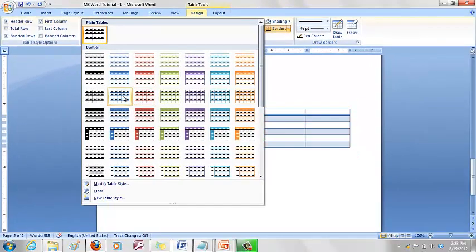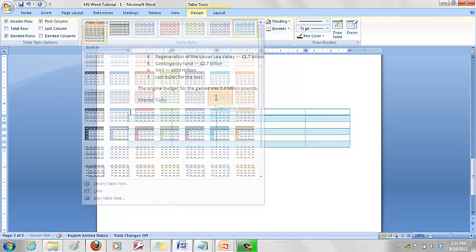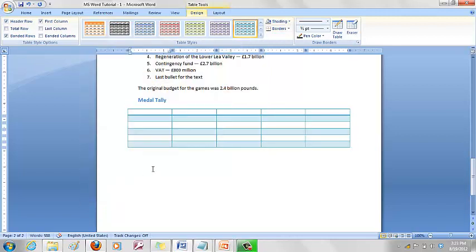You have different colors. As I move the mouse over, you see on the back side the table color also changes. So whichever color you want, you can use. For example, I want to go with this blue color. So I'll click this, and this is how the table will look.